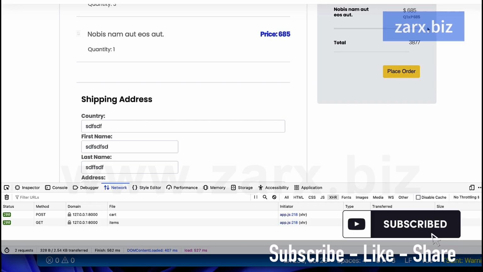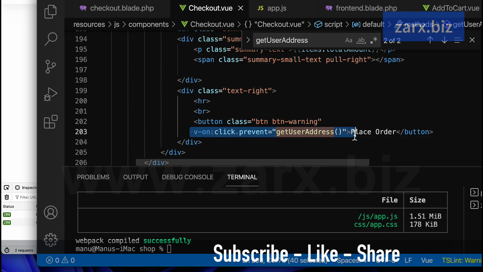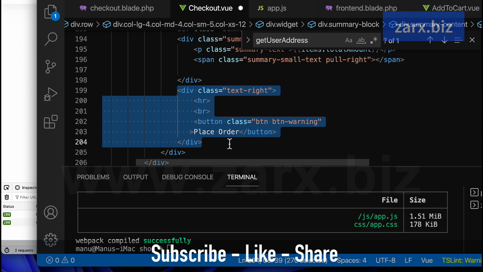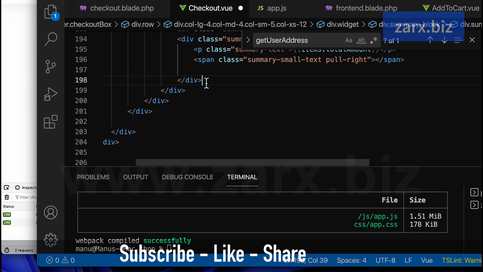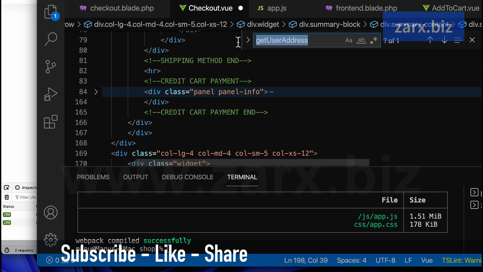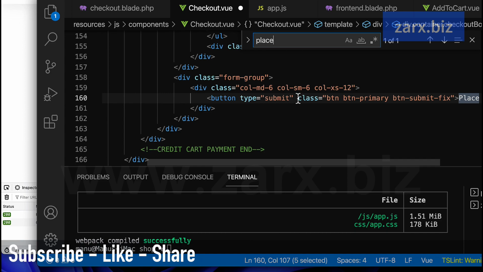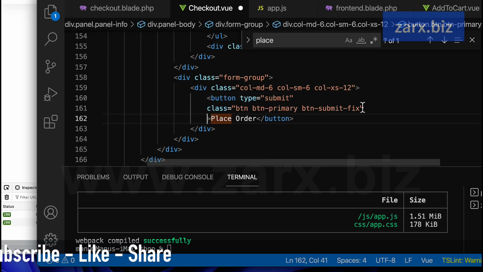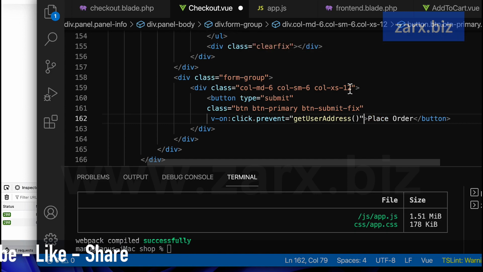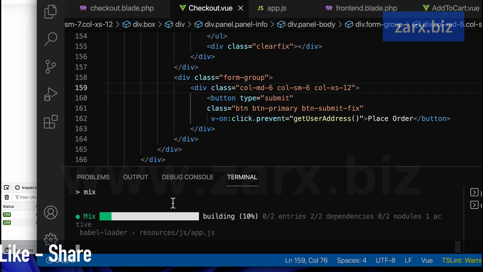I haven't removed this place order, so we need to remove this one. So I'm gonna cut this from here, going to remove this completely, and then we will be left with the place order. If I search here, place, so we have here, and this is the one where it should fire. So here, I'm gonna pass that function. So now it should go and work. So now then recompile,